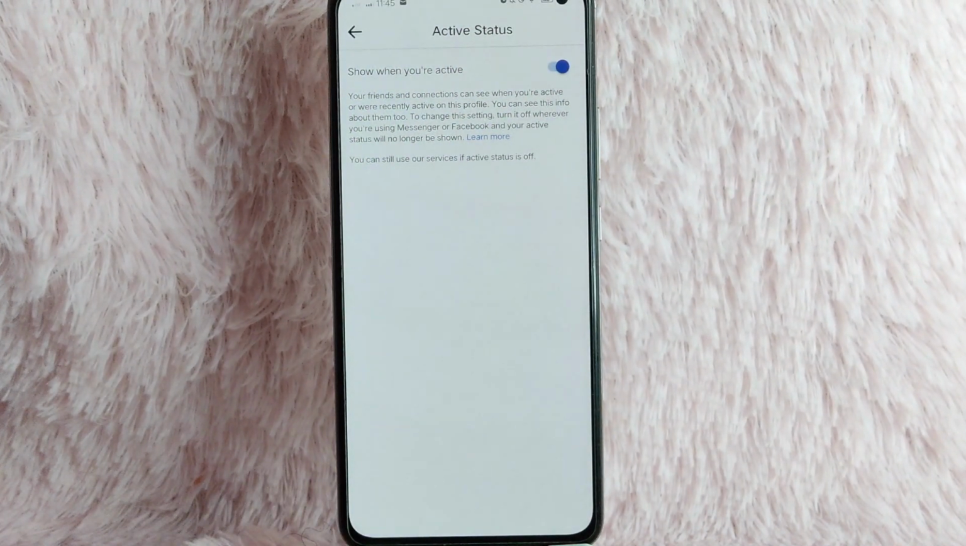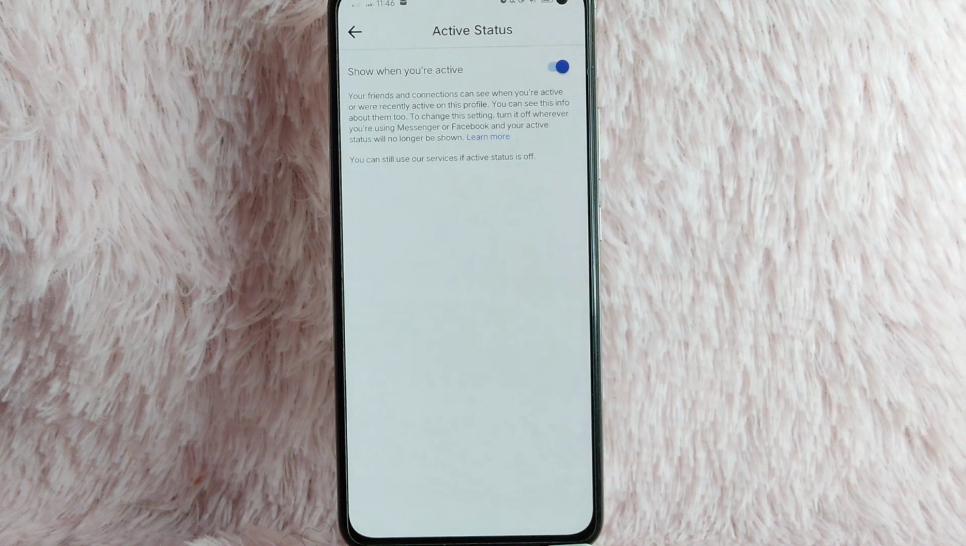There you go. If you wanted to know how to manage active status on Facebook, that is the easiest